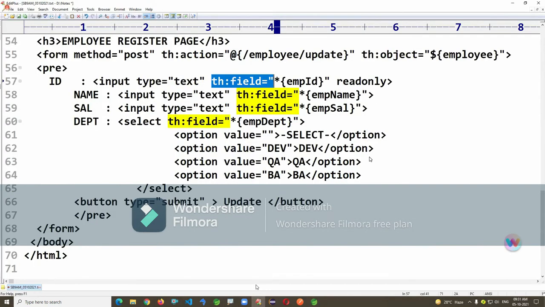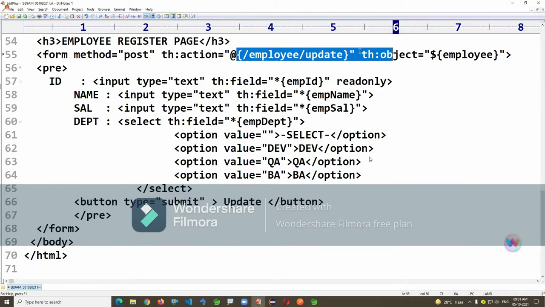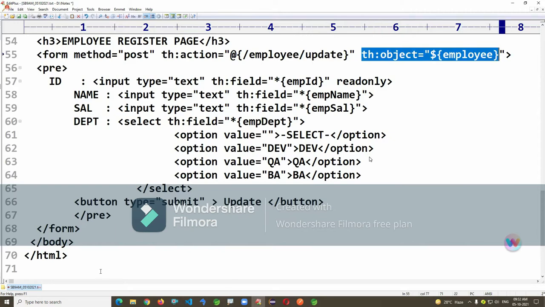Read only indicates a non-editable field here. So here I just mentioned read only. It's update and link bind with the form object here.